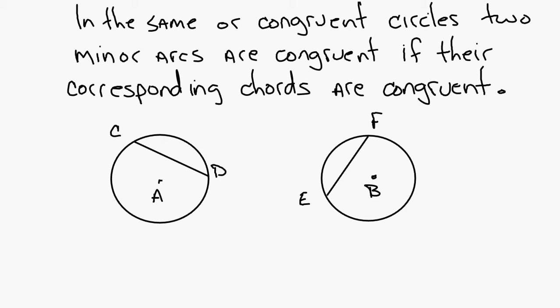If circle A is congruent to circle B, and this chord on the left is congruent to the chord on the right, what that means is that arc CD would be congruent to arc EF. If the circles are congruent and the chords are congruent, then the arcs are congruent. Okay? So